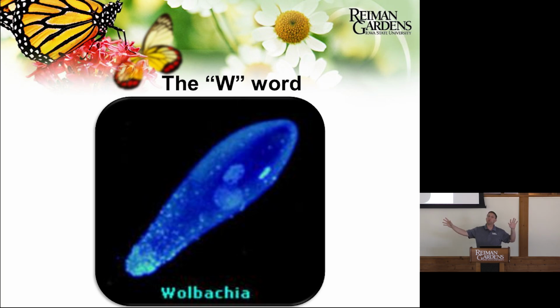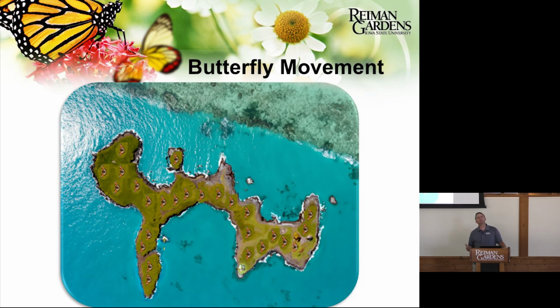However, if an individual with Wolbachia comes in and starts mating with individuals without Wolbachia, it can actually crash a population. You get non-viable offspring, and until the population is full of individuals with Wolbachia, your population can go way down. Or unless you can wipe Wolbachia out, which, as I believe right now, is actually really hard to do once it starts establishing in a population. And so here's an example of something that you wouldn't want to introduce into a population when you're opening up